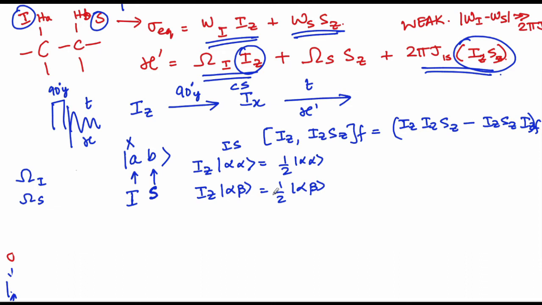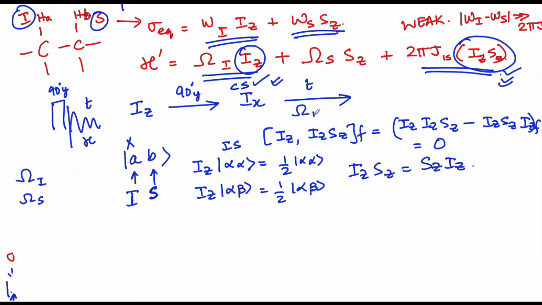But before going there, you are able to understand that the influences of I and S are quite independent of each other, especially since they only operate on their own spins, and therefore you can switch the order, meaning that if you have IZ SZ, you can also write it as SZ IZ. So you can switch this and you'll immediately see this commutator goes to 0. Since this commutator goes to 0, you can apply chemical shift first followed by J coupling, or J coupling first followed by chemical shift. So why don't we do chemical shift first? Because this is something that we have already seen in the previous lecture.